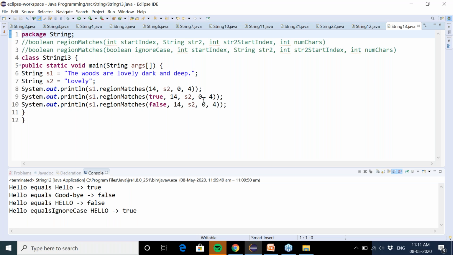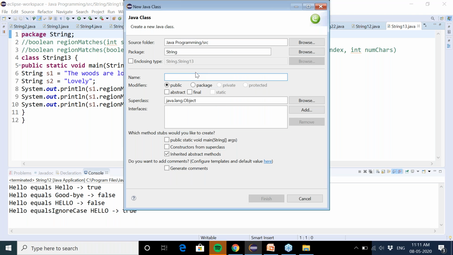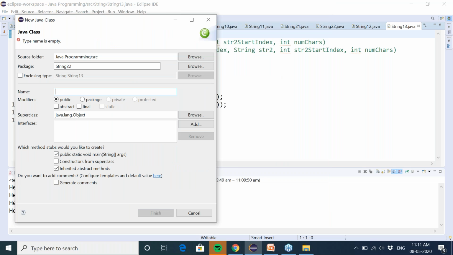I'm going to name it 22, and this is Java. This type name is empty. This should be the string package name, and here I should write 22. The type already exists. 23, 24.